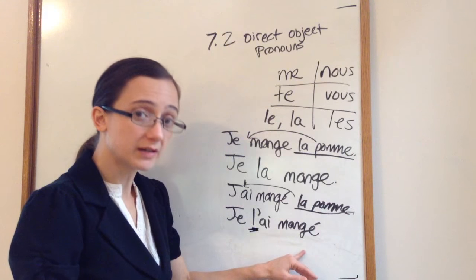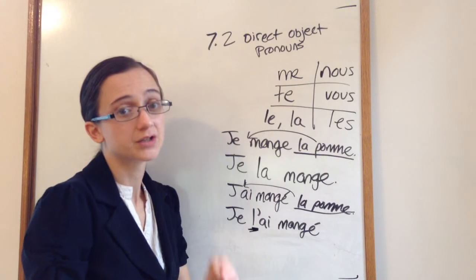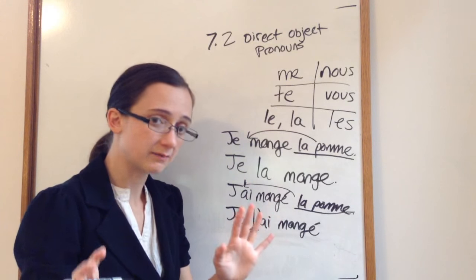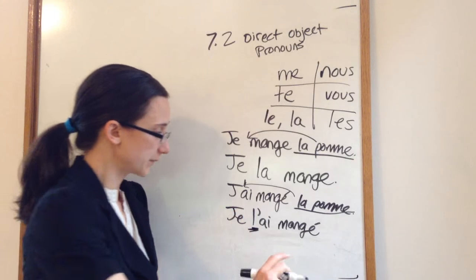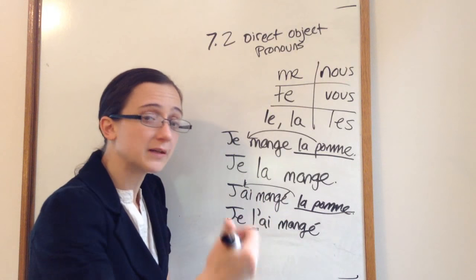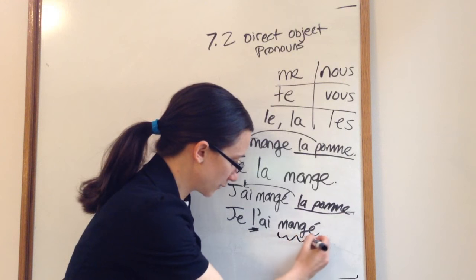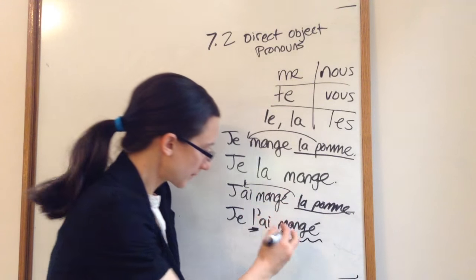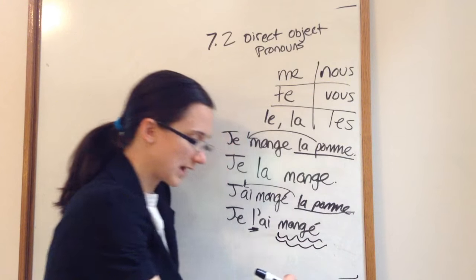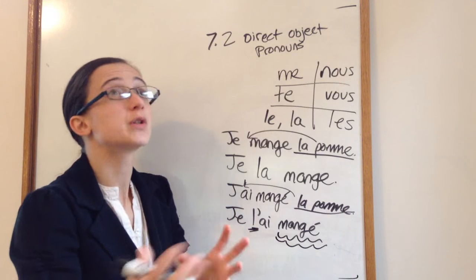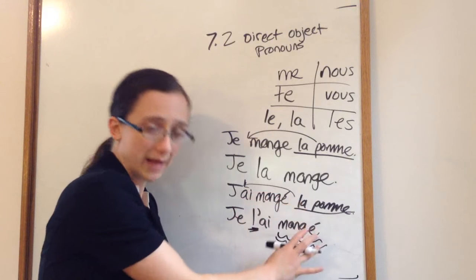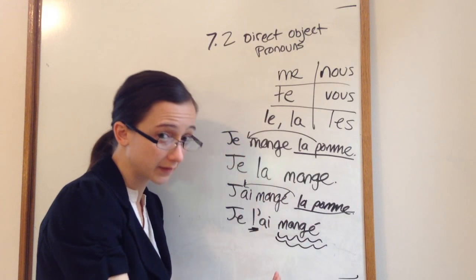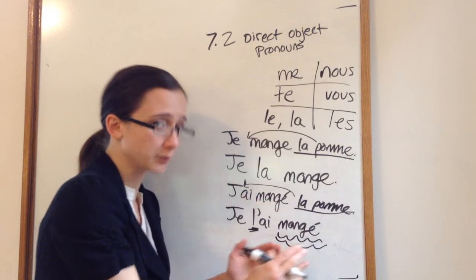The past participle has to agree with it. So again, I'll explain this. It takes a little bit of concentration. When you are talking about the past tense, and we're just going to focus on that, or another example when you use a past participle. We haven't learned all the tenses yet, so for right now, we have the past participle specifically in the passé composé, that's what we're focused on,